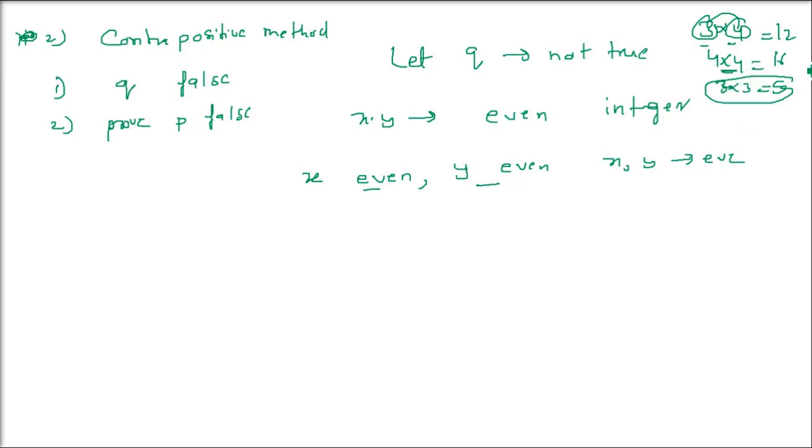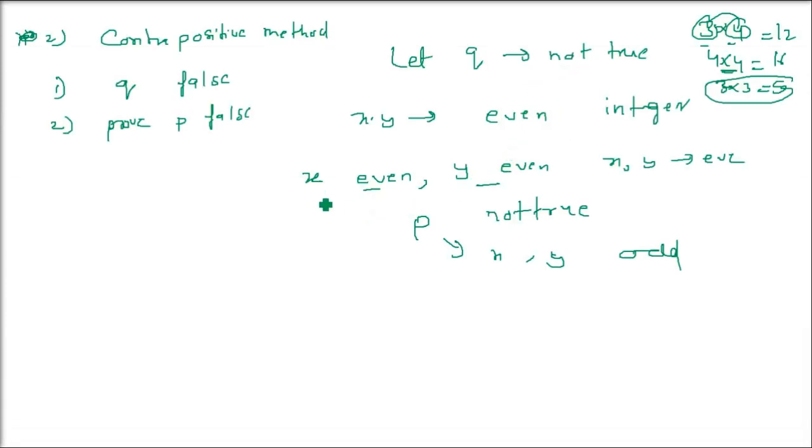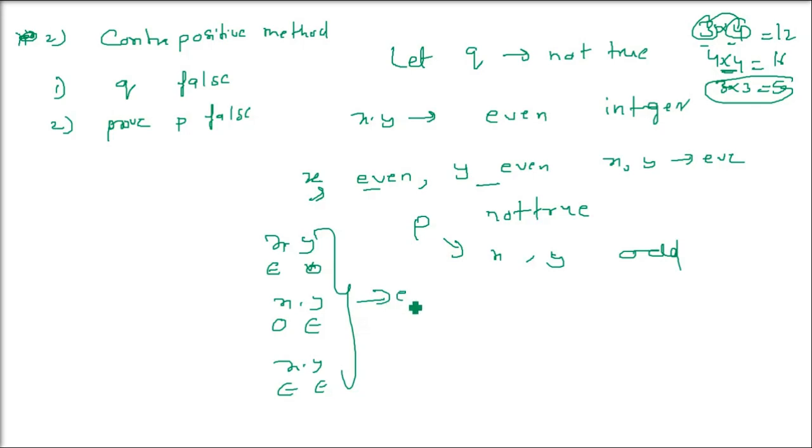Okay. So we assume Q to be false. That is, we assume that it is not odd. It was even. But what we found is that either X is even, Y is even, or X and Y both are even. But basically our P was X and Y are both odd integers, but we just saw that in order to get an even integer, at least one of them has to be an even integer. That is, X and Y, one is even and one is odd, or both are even. Then only it is possible. But X and Y are given as odd integers.